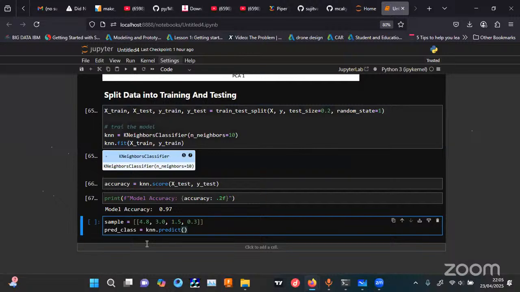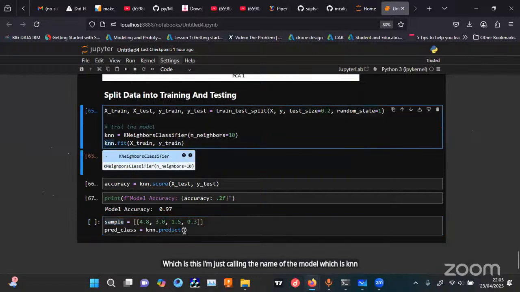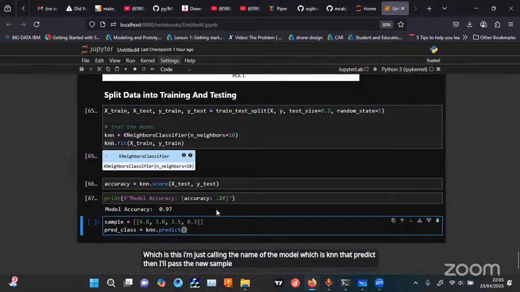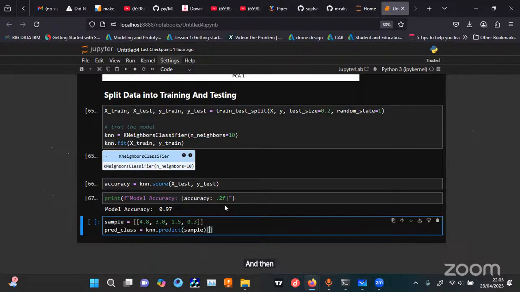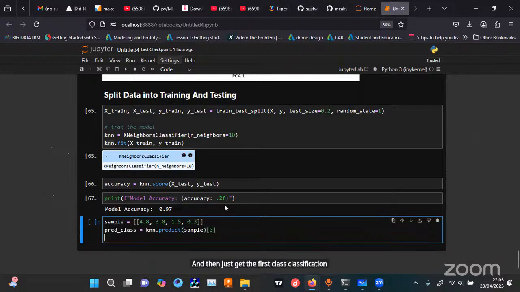And then I'm just going to pass my sample. I'm just calling the name of the model, which is KNN dot predict, then I'll pass the new sample data. And then just get the first classification out of that. I want the first classification. So predicted name is equal to what? Iris dot target, because this is going to produce a number, so we want to use that number to see which target name it is. The target names